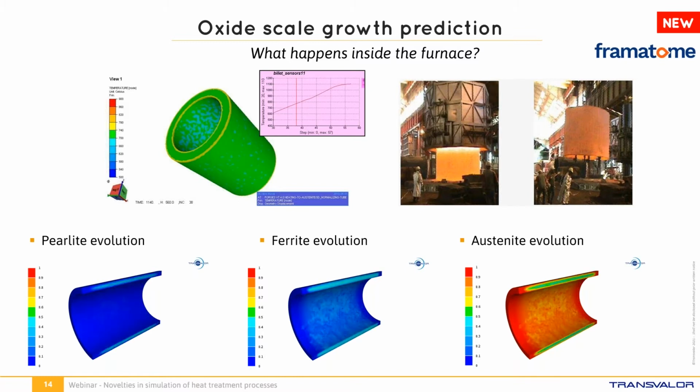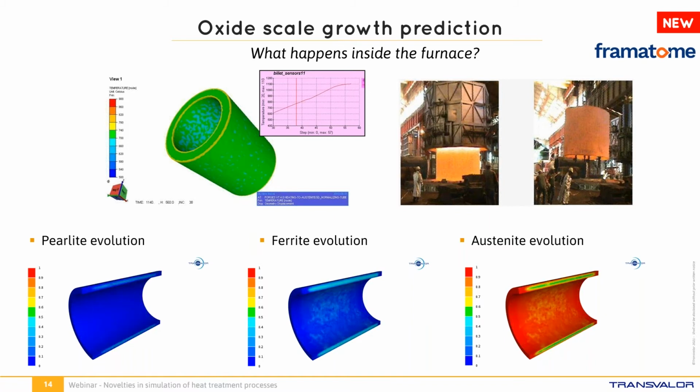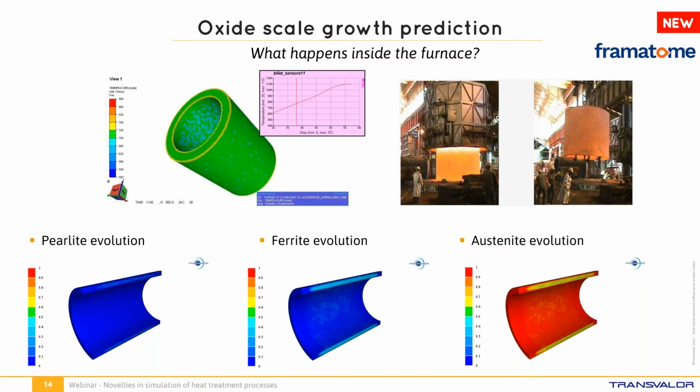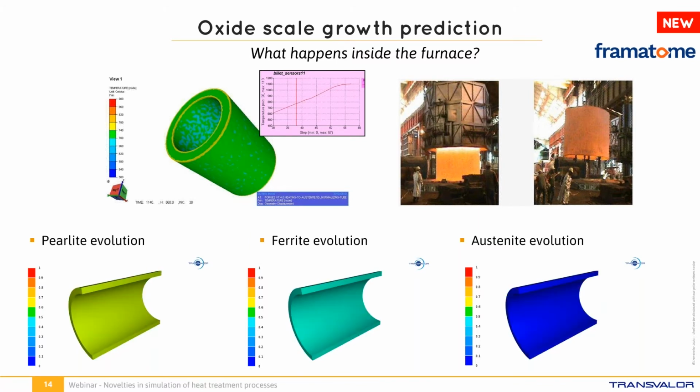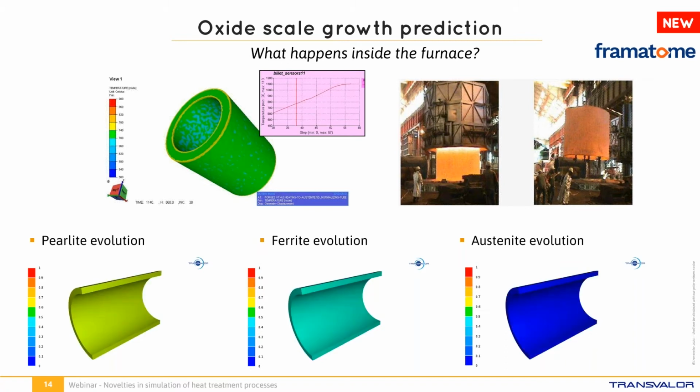As you know, the hot metal reacts with the air, and an oxide layer can be observed on the surface. Depending on the nature of the part, the oxide scale thickness can have some impact on the heating and the cooling time, as well as on the forming operations. To achieve more realistic results, we are now able to model the oxide scale growth. First, we will start with the heating operation.